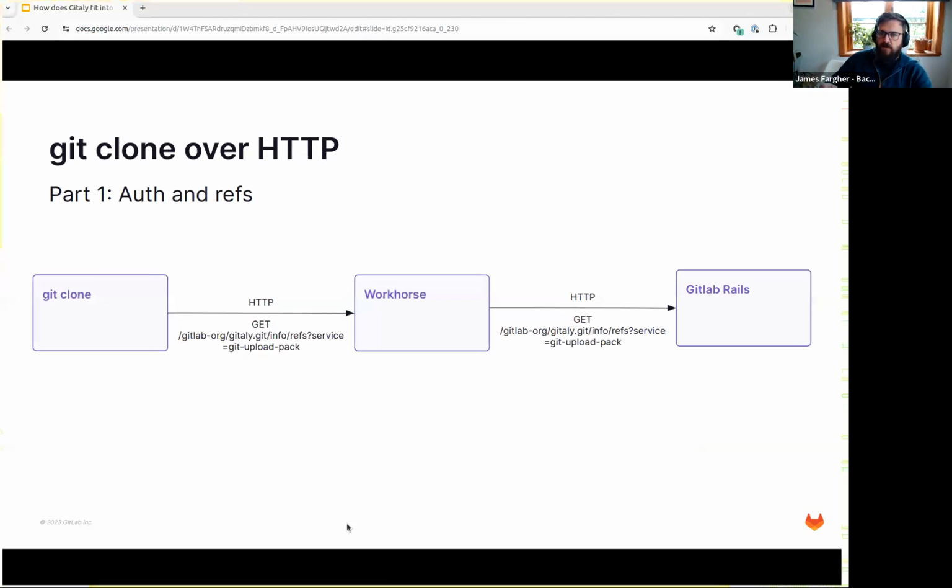The idea of Workhorse is that it can decide if it's offloading certain types of requests so that GitLab Rails doesn't have to handle them. And those types of requests are typically GET requests or fetching objects from object storage. In any case, this first request, we're just trying to get the list of refs for the repository that we're trying to clone. So this is an HTTP request to Workhorse, and Workhorse is going to do a couple